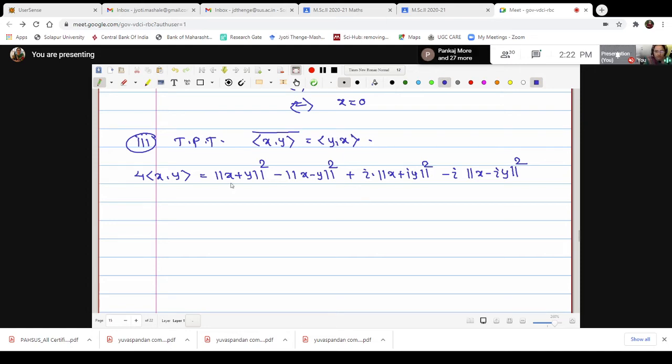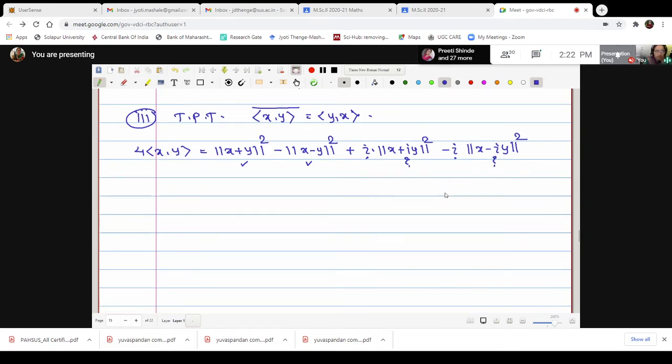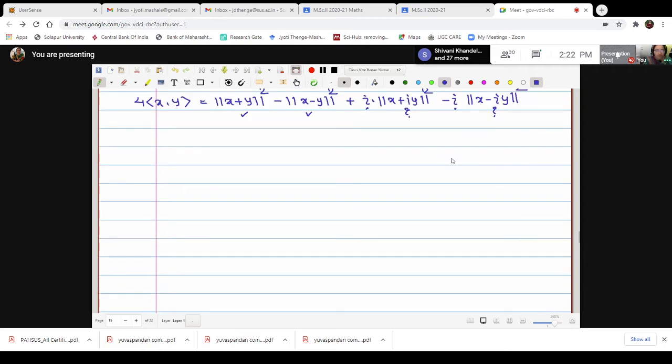Now while taking a complex conjugate on the right, the first term, norm square of x plus y, is a real term because no imaginary is involved. This is also real. Okay, this is an imaginary quantity, this is also an imaginary quantity. But the question is about these two values. What about these two values? Let me tell you, both the values norm square of x plus iy and norm square of x minus iy are real. Therefore, taking the conjugate means this i I will replace by minus i and this minus i we will replace by plus i. If you want to know the reason why this norm square of x plus iy is real, I will show you with a different color pen.